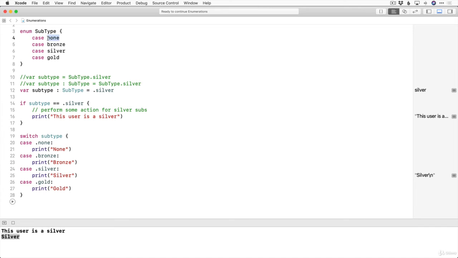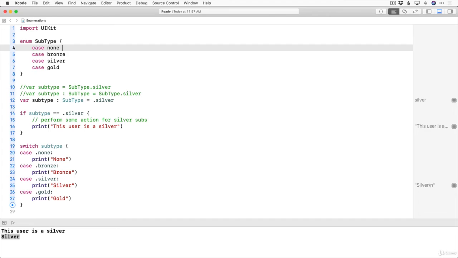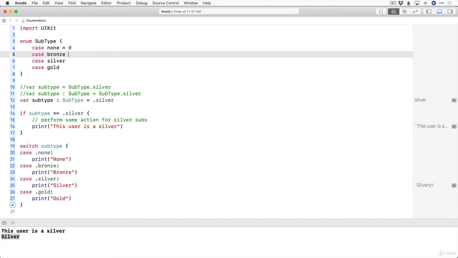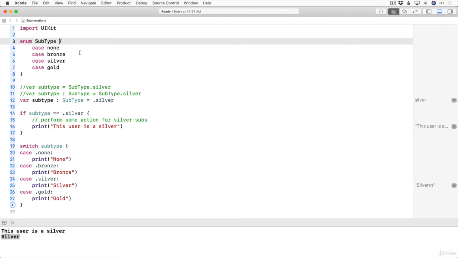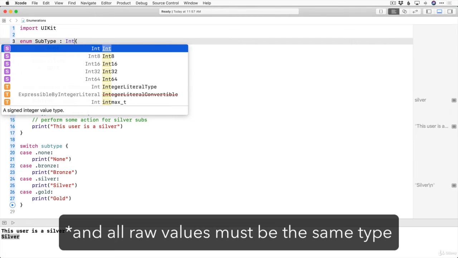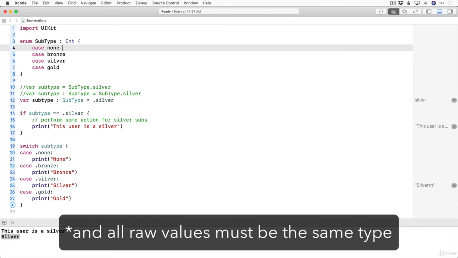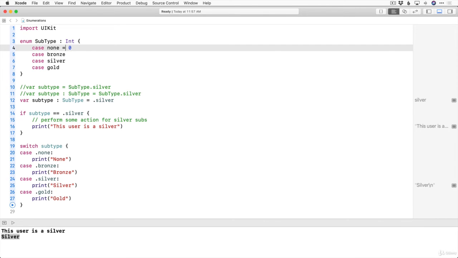All right, so if you have your user account stored on your backend, it's probable that this subtype is stored as an integer value, and then inside of the app's code is then mapped to one of these subscription types. So for instance, this would be 0, this would be 1, etc. Okay, and we can do that with Swift enumerations. We can provide a raw value for each of these cases, and the way to do that is here we provide the type that the raw value is going to be. So in this case we're going to say int, and then we can say none is equal to 0,